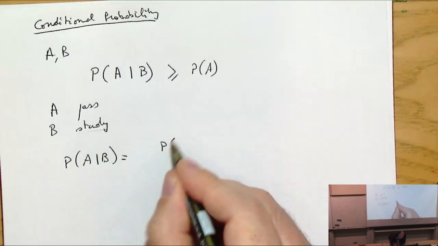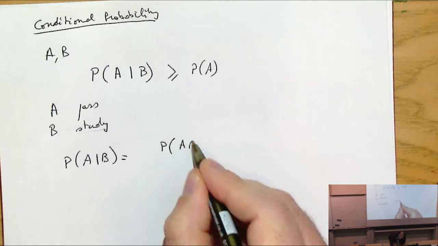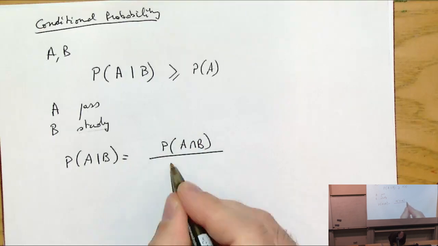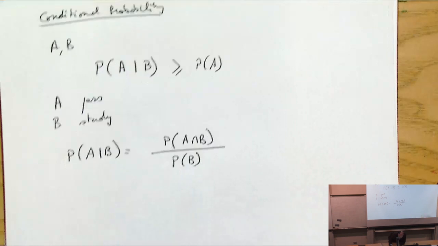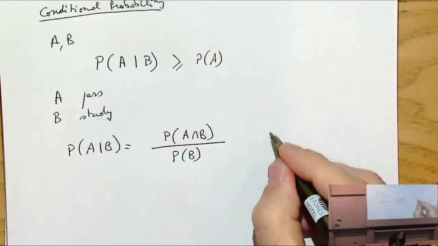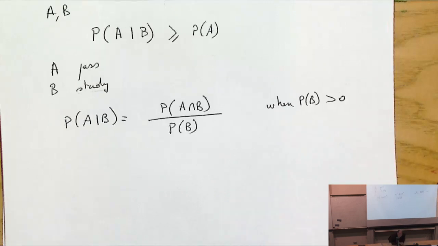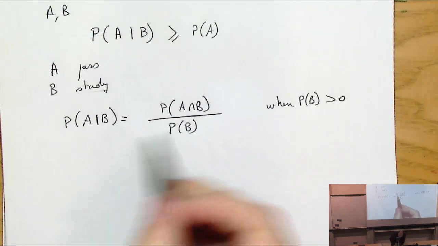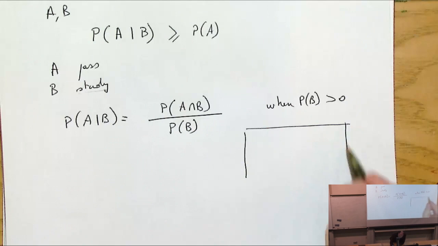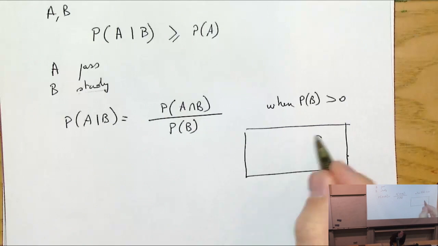Well, it's given by the probability of the intersection of A and B divided by the probability of B occurring, and this is defined when P of B is strictly larger than 0. So what does that mean intuitively? If you look at those Venn diagrams that we had earlier on,